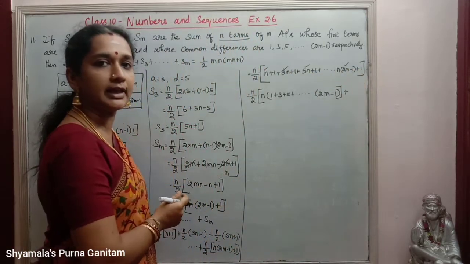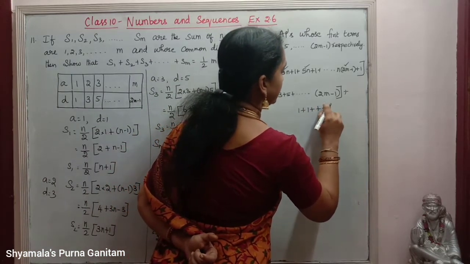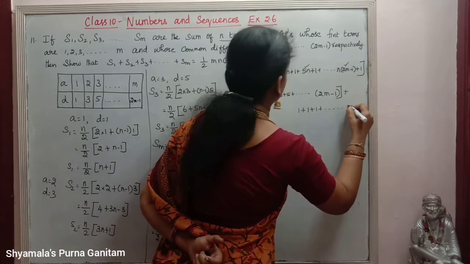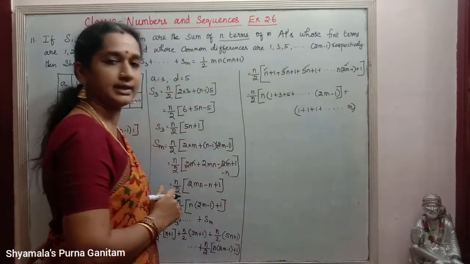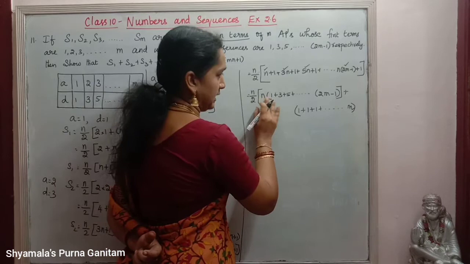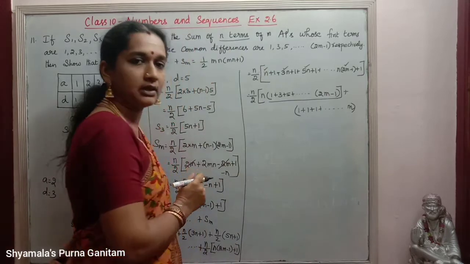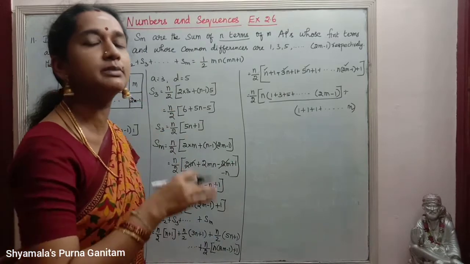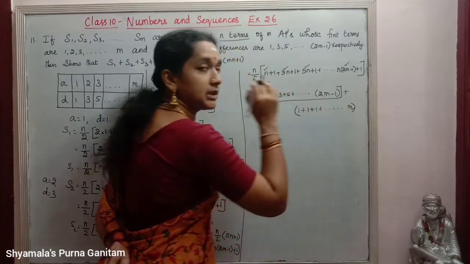How many terms are we having like that? m terms we are having. That is 1 plus 1 plus 1 plus 1, up to m terms in this. So this is added separately, and that one is added separately. Now this term, that is 1 plus 3 plus 5 plus up to 2m minus 1. How many terms are we having in that? That we will check. Or else we will find the sum of these terms separately.